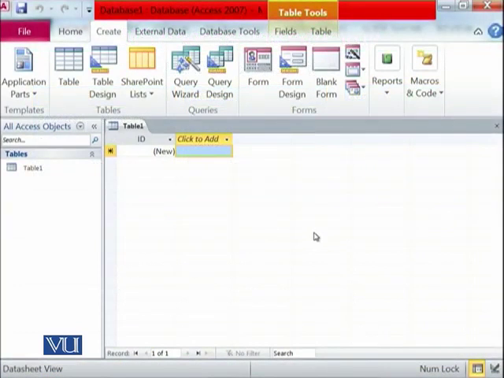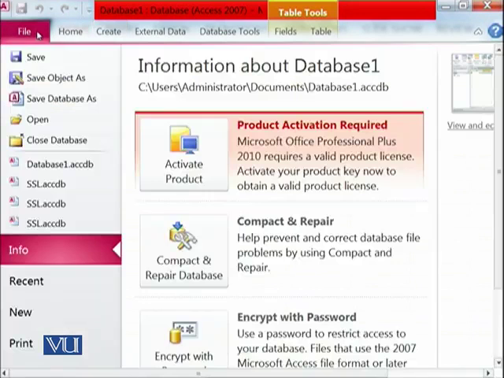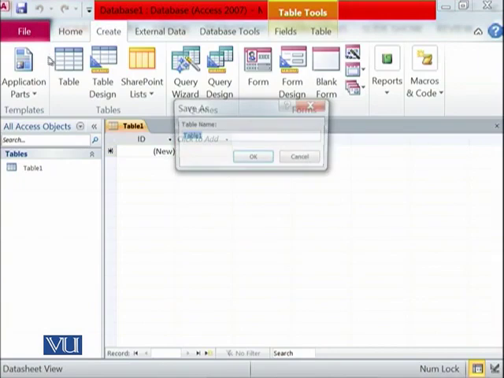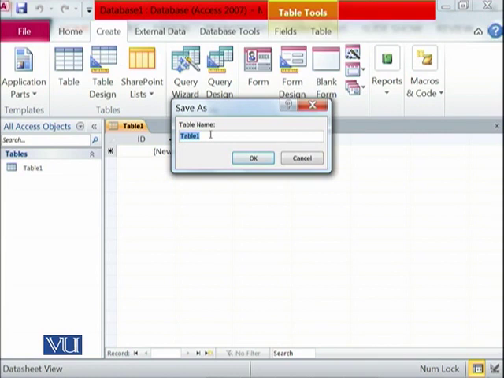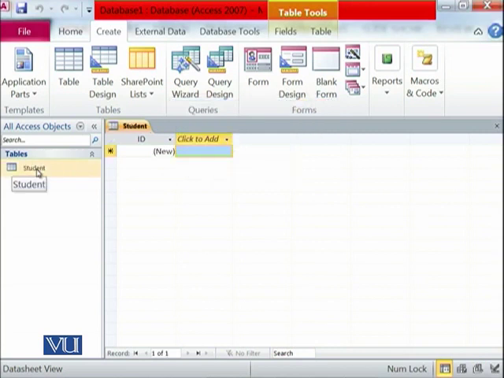So here I have Microsoft Access, which is a database management system, and you can see that I have created a table, and that table needs to be saved somewhere. For example, first of all, I will say that this is a table which we have created at the moment, and let's say that this table is student. So you can see that this table has been named as student,